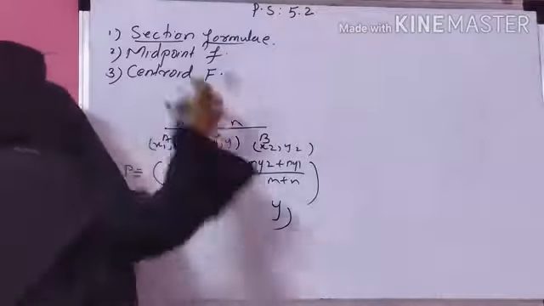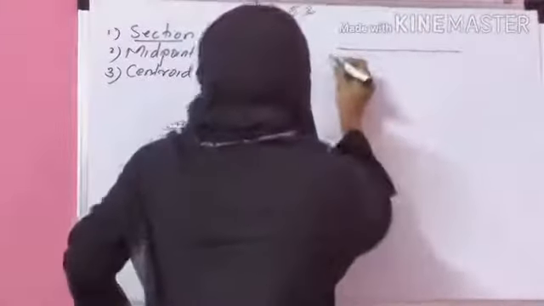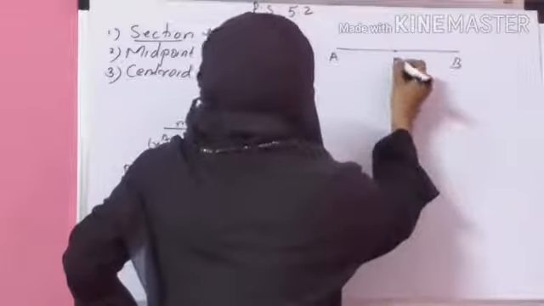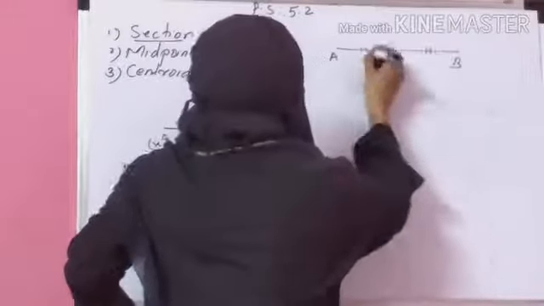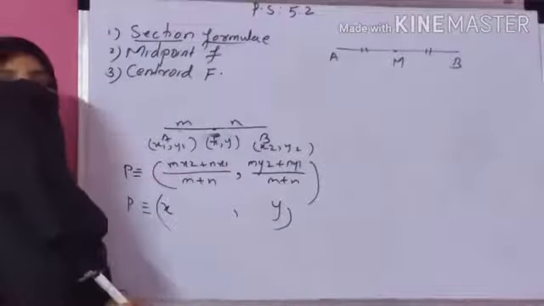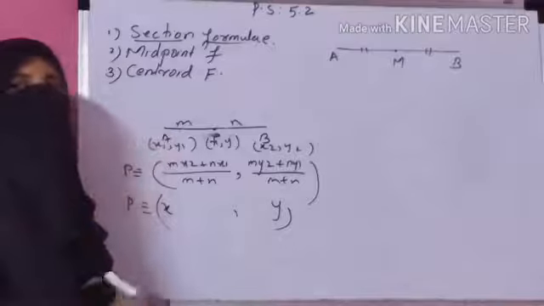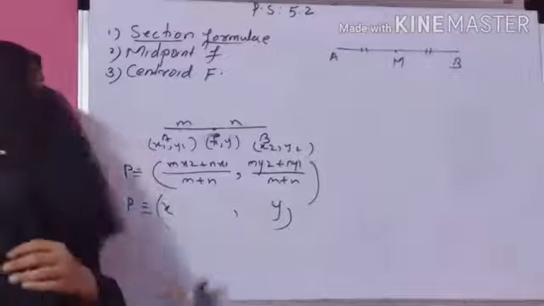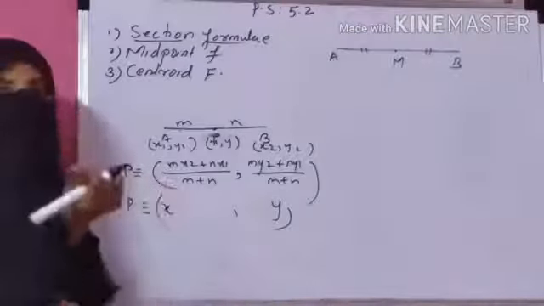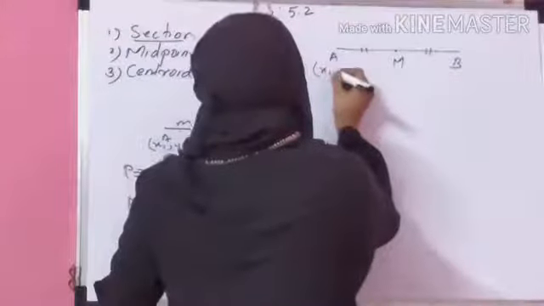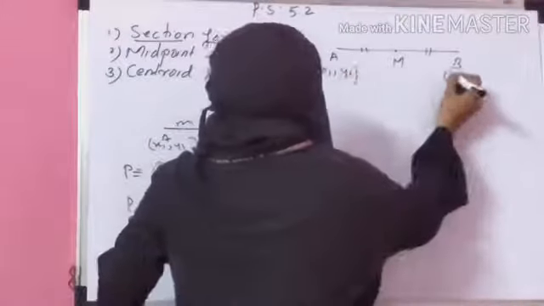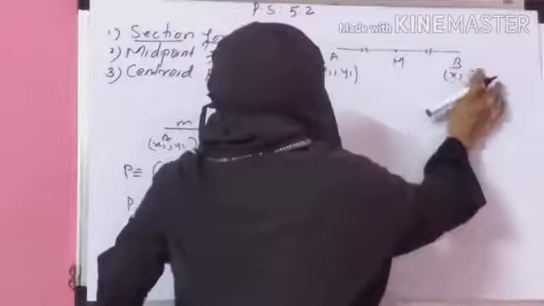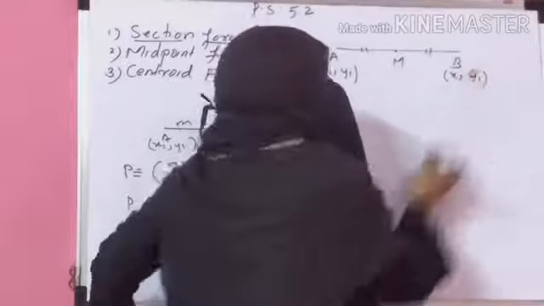Now the next is the midpoint formula. Midpoint is a point which divides a segment in equal parts. The point I am taking here is M. If this point intersects the segment in equal parts, then the point M is called the midpoint. You know about the midpoint. Midpoint is the central point of the segment. So here point M intersects this segment in two equal parts, so M is the midpoint. The coordinates of A are x1, y1 and of B are x2, y2. Both the formulas we are discussing in the coordinate system.